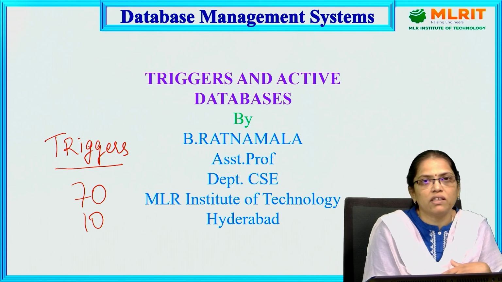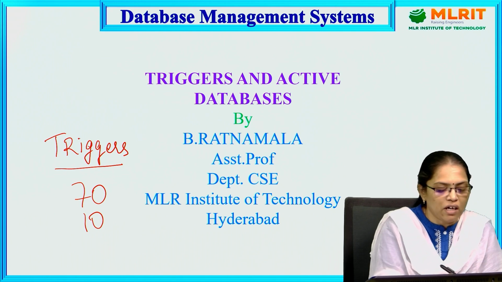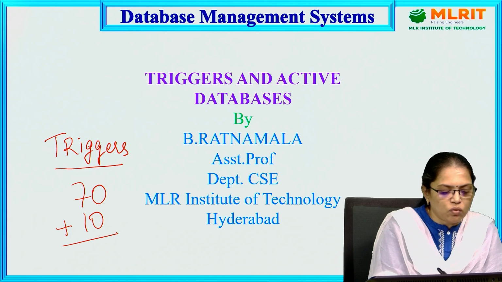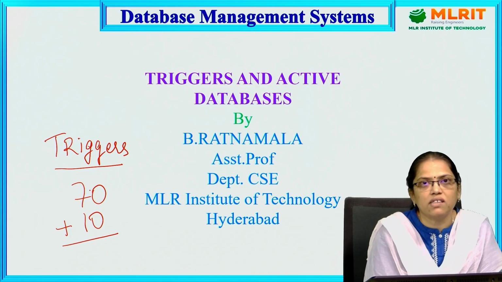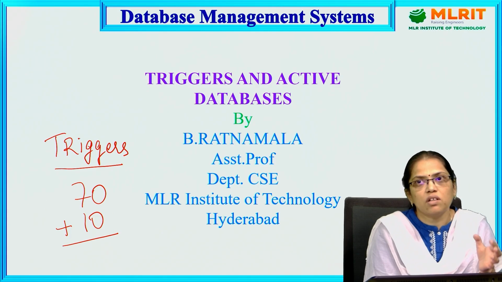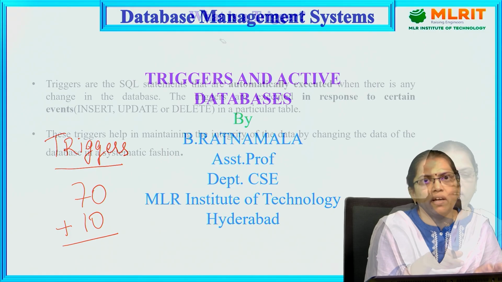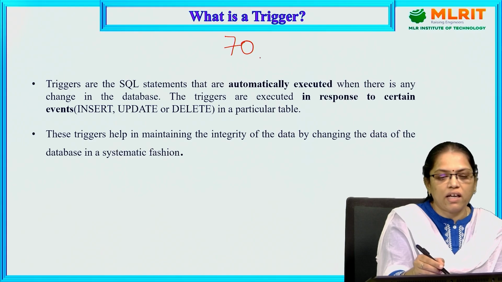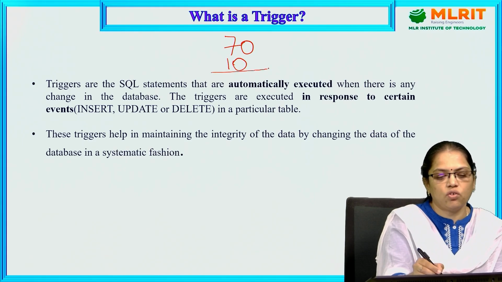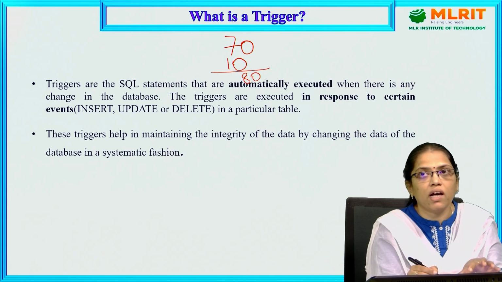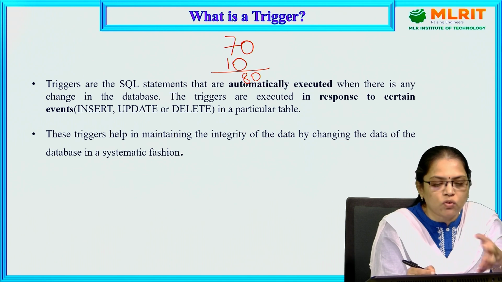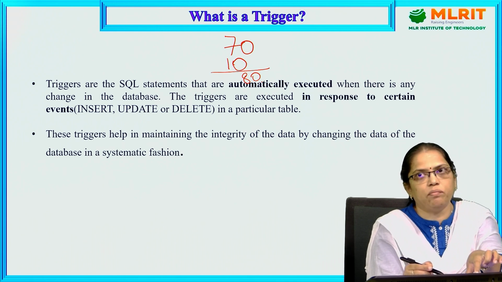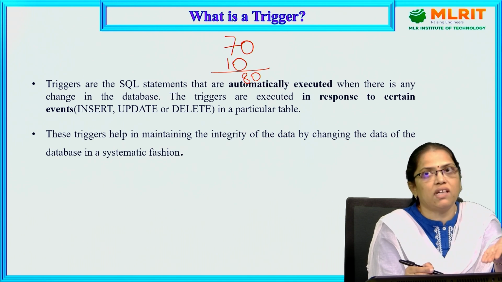How am I making changes in the database? By adding 10 more student information to the existing database. So this is the modification that I am making. 70 students in first year. In second year, through lateral entry, 10 students are added. So total number of students are what? 80. So what I am doing here, I am adding 10 more students to the existing database, right? So here I am inserting the data, right?